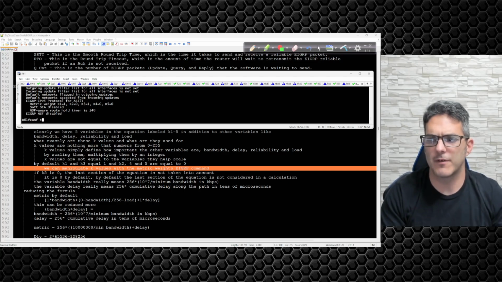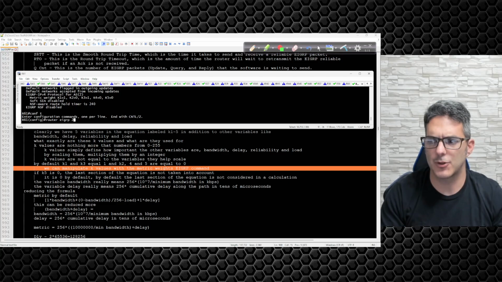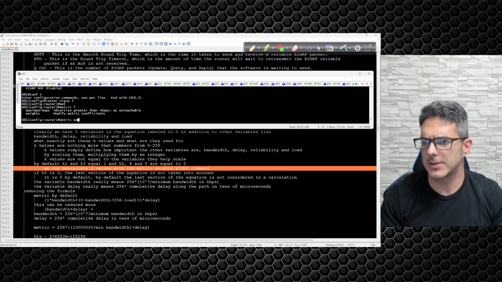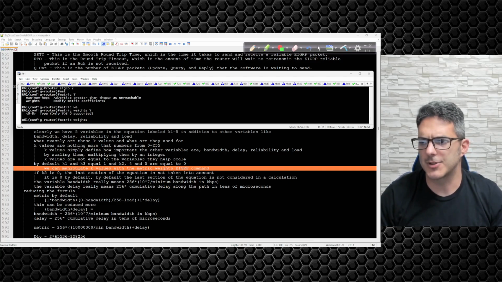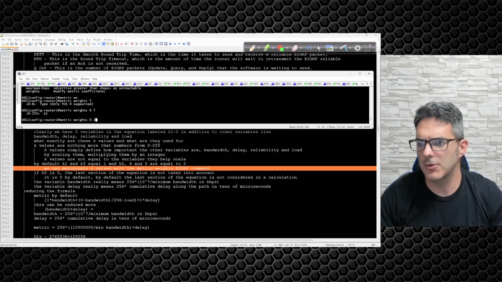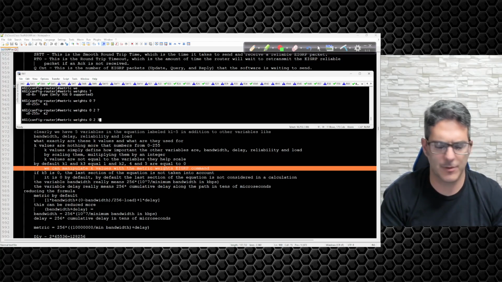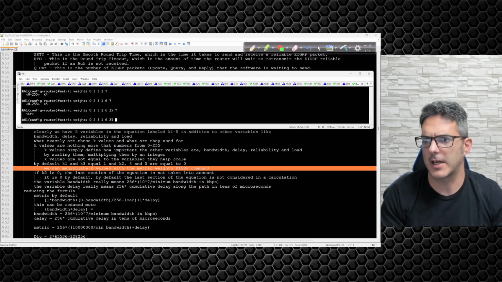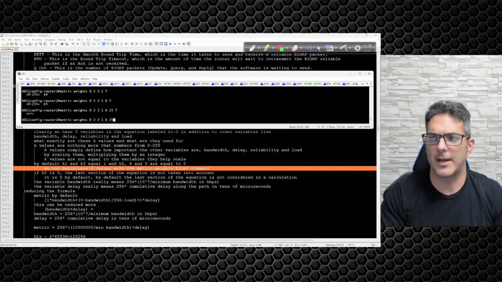Now, if I go to global config, I type in router EIGRP 2, and I type in, what is the command? Metric weights. So I can come in here, 0 for type of service, K1. If I did K1 as a 2, and K2 as a 3, and K3 as a 1, K4 as a 6, and K5 as a 25, I could adjust that. Now if I hit the enter key,